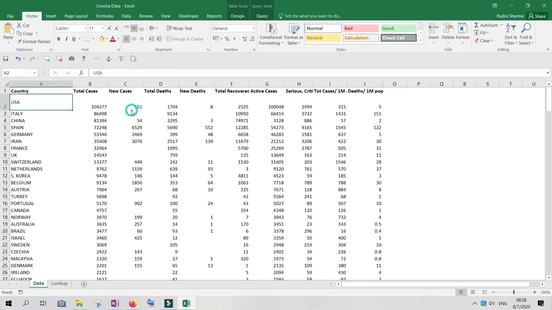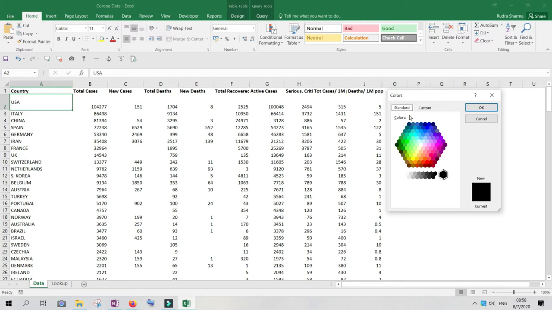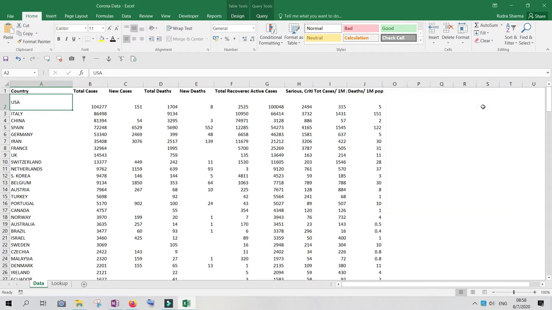If you want more colors, click on more colors and choose whichever you want. If you go to custom, you will find this RGB, red, green and blue. Now it is 0 0 0. You can put some numbers and try how you want. HSL is also there. You can explore what these options are. Always try to learn something from here. Keep exploring, or you can simply choose whichever color suits you. If I go for blue and click there, it becomes blue, but it's not visible. Change it to red.